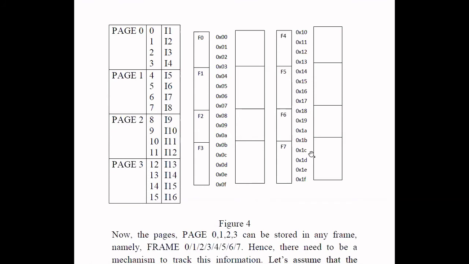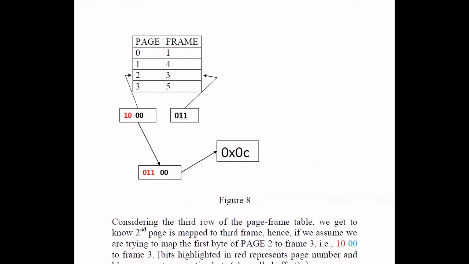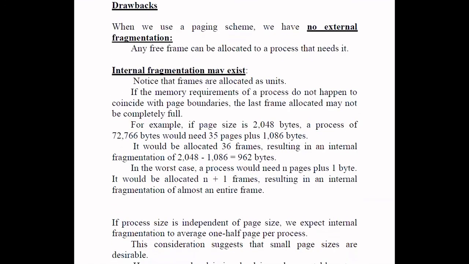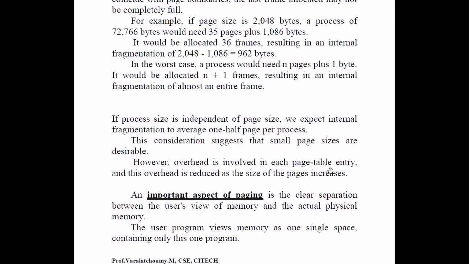I will repeat. For example, if page 3 is allocated to frame 7, and our assumption now is that this page 3 has only one instruction, only 1 byte of instruction, not all 4 bytes. Unfortunately, within this frame only 1 byte is utilized by this page. The remaining bytes just lie wasted over there. It is not being efficiently utilized. This concept is nothing but internal fragmentation. So paging usually suffers from the drawback of internal fragmentation.